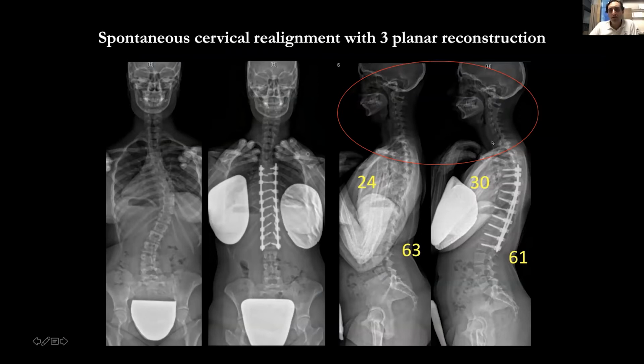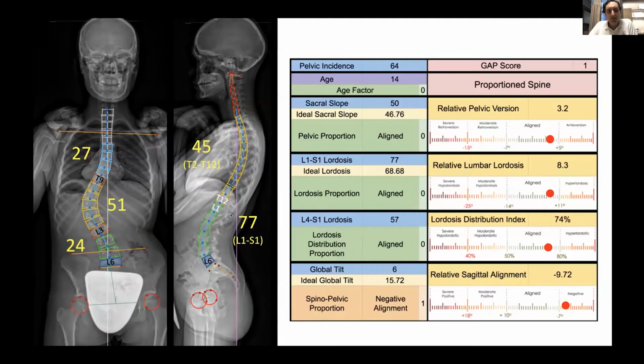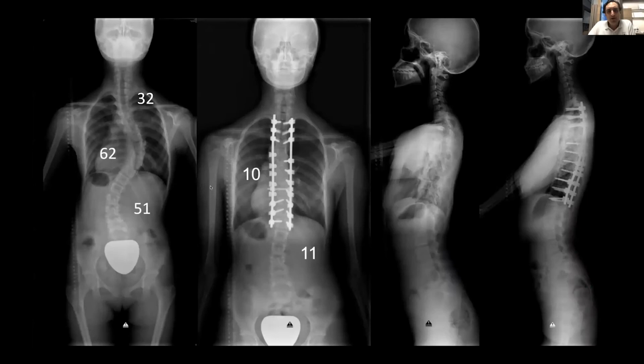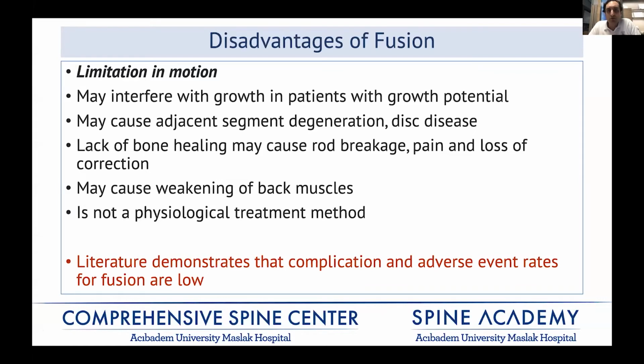We also correct the places of the spine that we actually don't operate on, like in the example of reciprocal change in the cervical area. And in another case, again, the planning and the surgery. As you can see here, we can really do a very small amount of surgery compared to the magnitude or length of the curve. Or as seen here, we can do selective fusion where we have two big curves but operate only one. So all of these were really good, still very good,